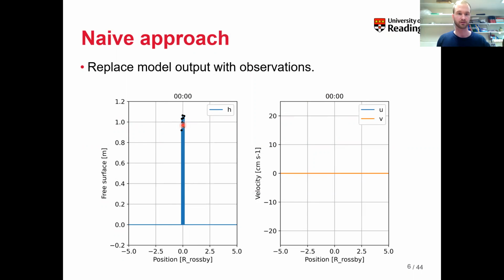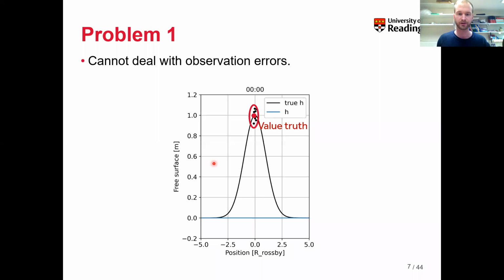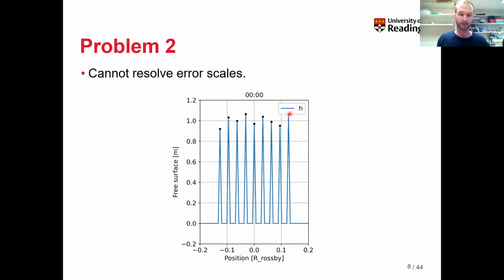There are, however, some problems with this approach. First of all, if we compare the observed value with the actual truth, we see they don't match, because observations usually have an error on them, and you have to account for that in your data assimilation. The second problem is that observations are sparse in general, and so if you just replace values in your model, you end up with this very non-smooth state, and this is just not how physical fields look. And